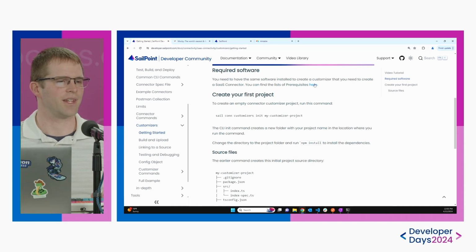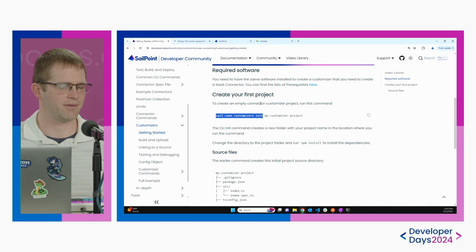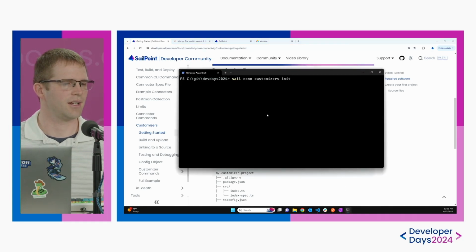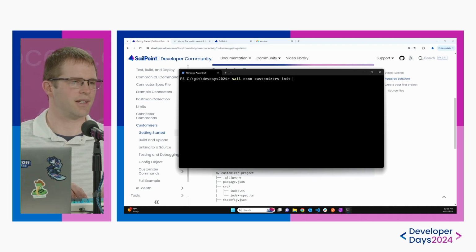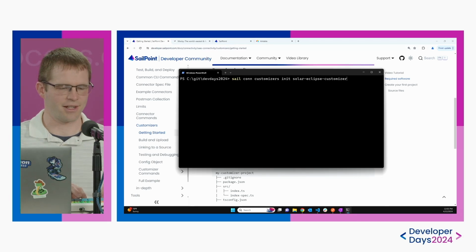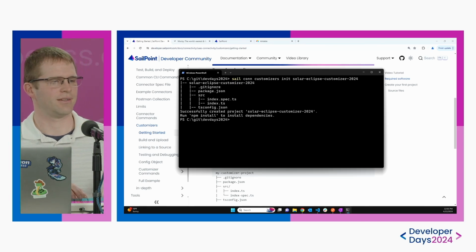If you need more information about that, you can always just click here and get to that documentation. But here's the command: sailpoint customizer init, and then the name of your connector. So I'm just going to go into my PowerShell and paste that in, and then we'll call this one, I guess I'm on the solar eclipse kick today, so solar eclipse customizer will work. I'll just put the year in here just for fun and hit enter, and it should create that customizer,